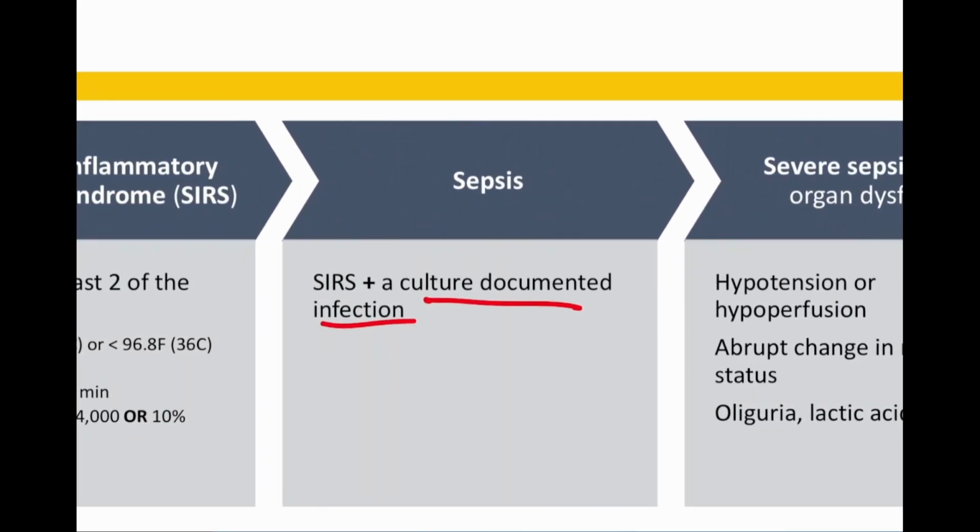So you get your blood cultures done, and you see what bacteria is growing in the blood. Usually you're going to get a sensitivity result as well. So the report will tell you this is the bug that's growing. It's going to be sensitive to this antibiotic, so you know which one to give them. So that's what sepsis is. It's the first column, but now you have a documented infection. You know exactly what bug is causing the problem.